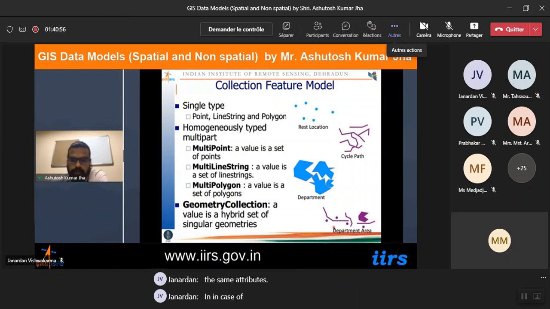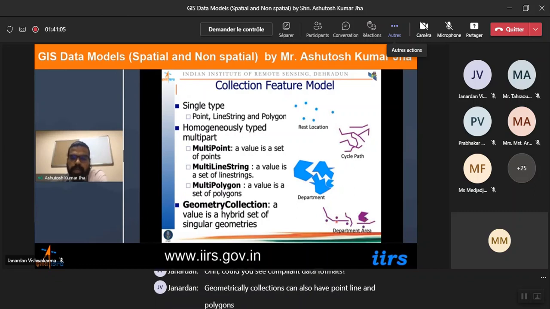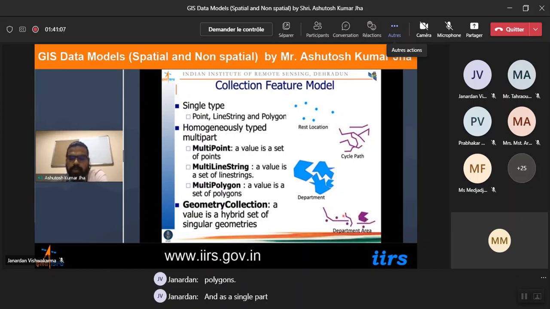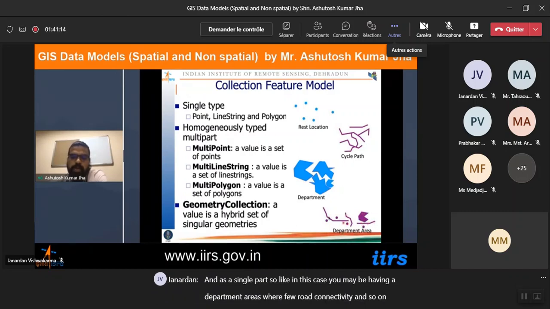In case of OGC compliant data formats, geometrical collections can also have point, line, and polygons as a single part. So like in this case, you may be having a department area with a few road connectivity and the corresponding few important points. So this whole area, you can call it as a point. This kind of representation is not possible in Shapefile, but